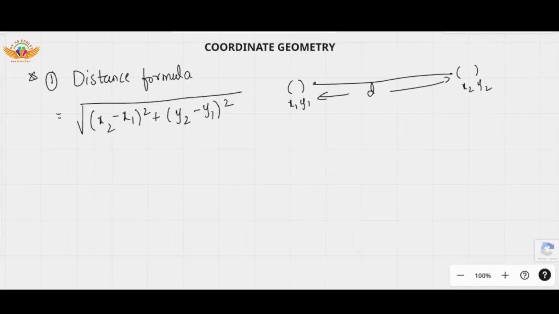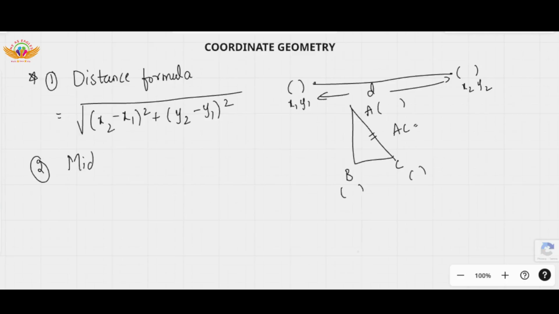Very important. Whenever you see 2 points and want to find the distance, we use this formula. For example, if we take a triangle ABC and they have given you the coordinates of all 3 points and asked you to find the side AC, directly use your distance formula and find the side. Similarly, this is applicable for every polygon. And the second important formula is